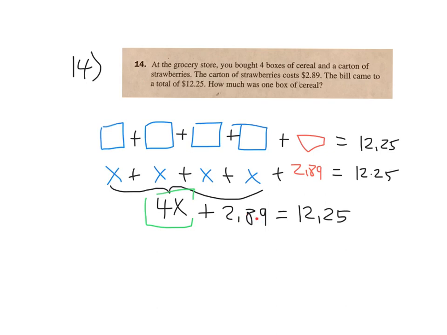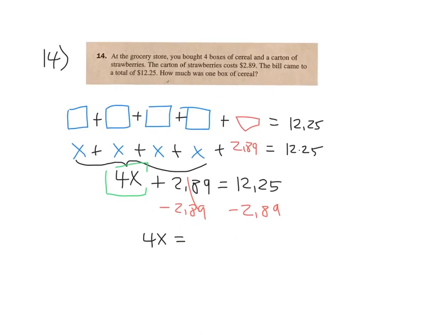So then what we'd want to do is get 4X by itself in order to solve for X. Clearly that 2.89 is in the way. So we're going to have to subtract 2.89 from both sides, and that cancels that, and that leaves us with 4X equals